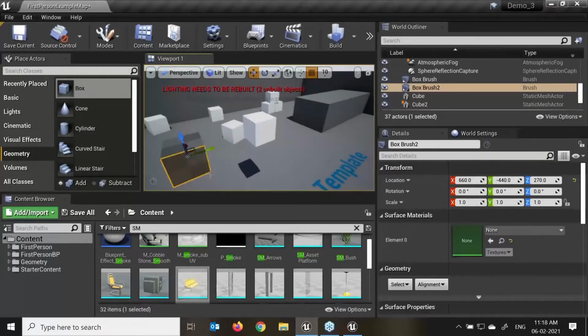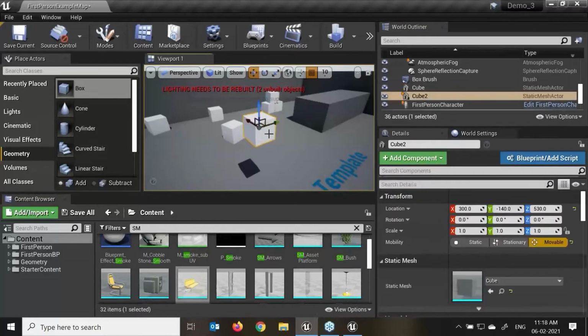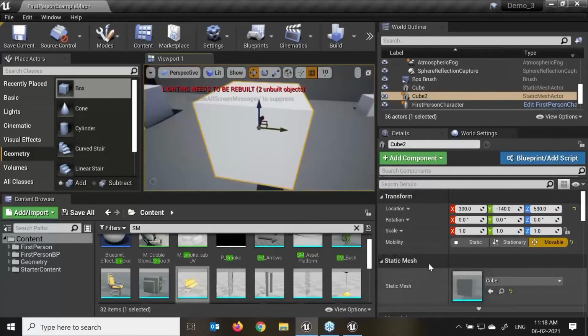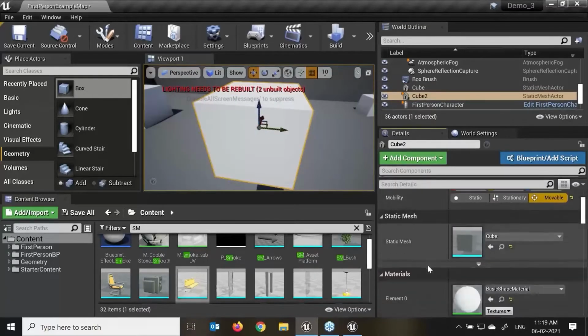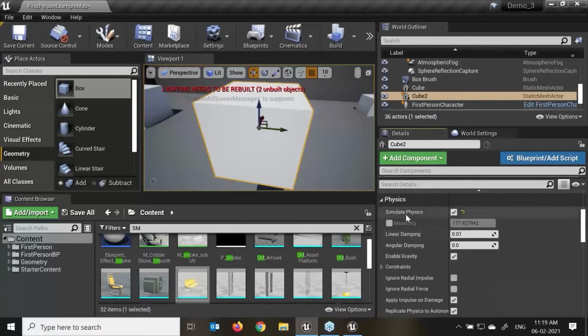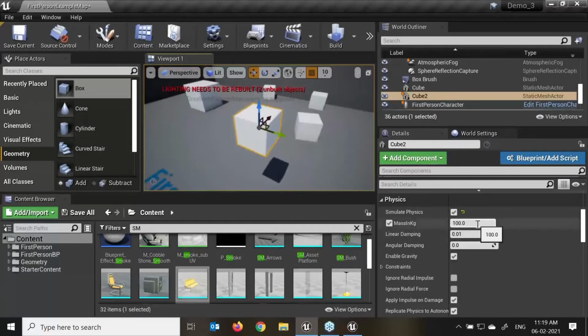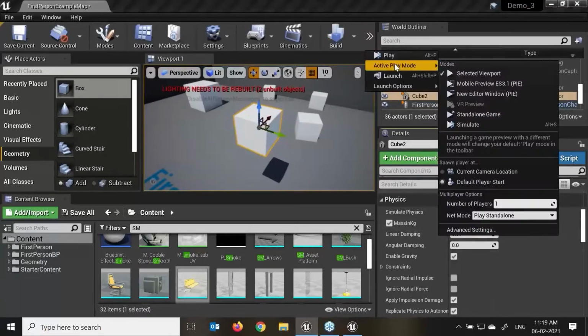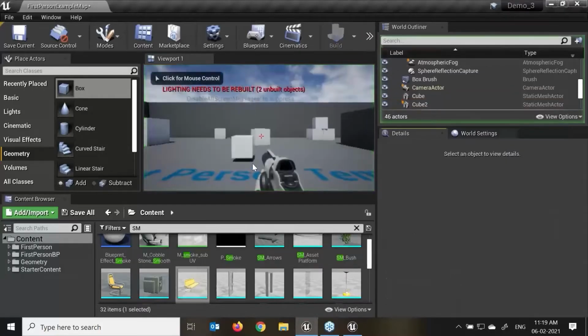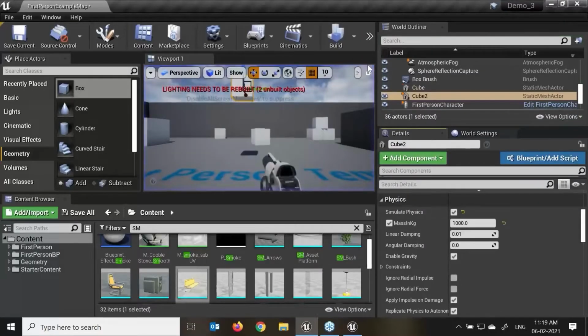Select and just delete this area, the box cubes, and just delete that. Now we'll discuss more about this on the static mesh. If I select it and go down, here we have the Mass. If I give more value to the mass, it will become heavier. For example, 1000 kg, and just start to play. Here you can see it has become heavier, with the mass in kg over here, right?